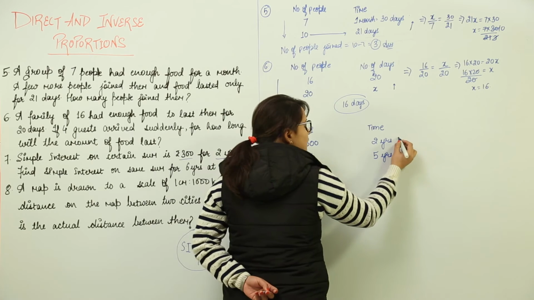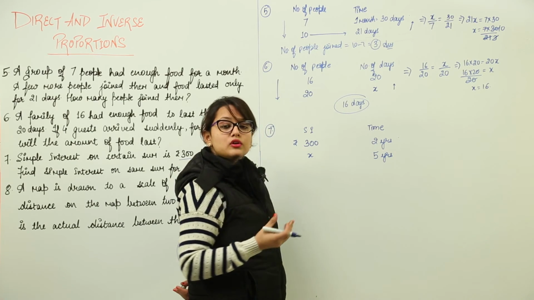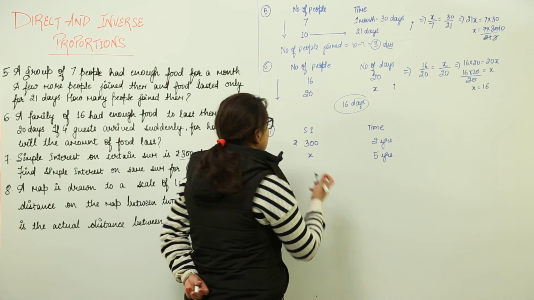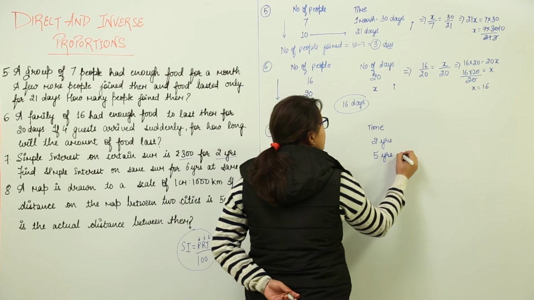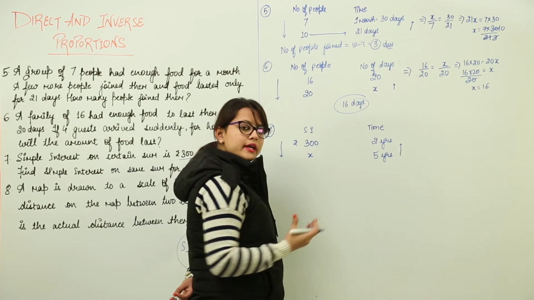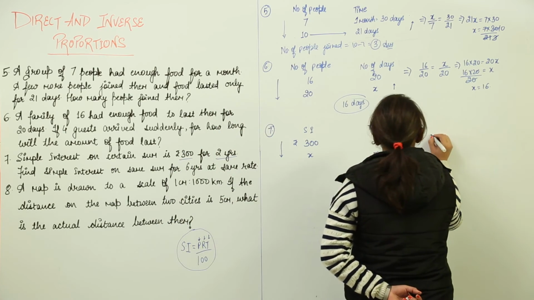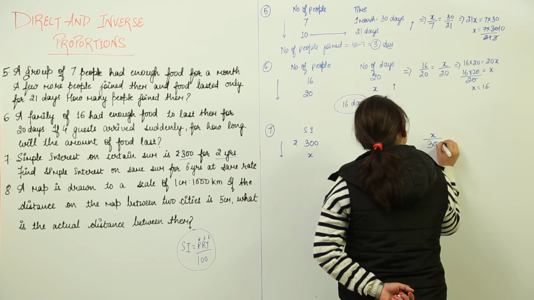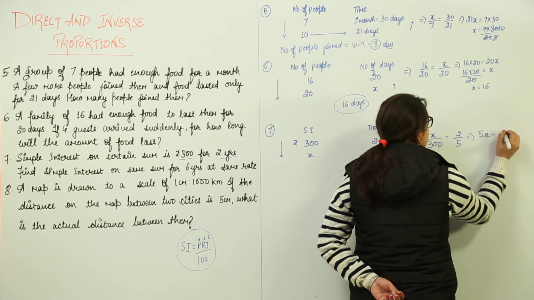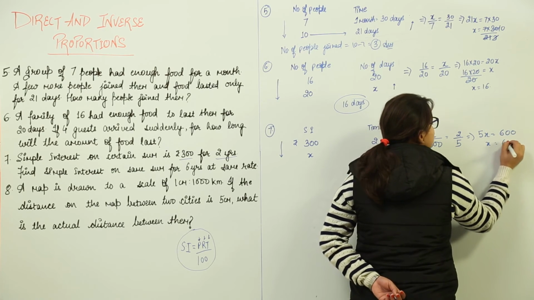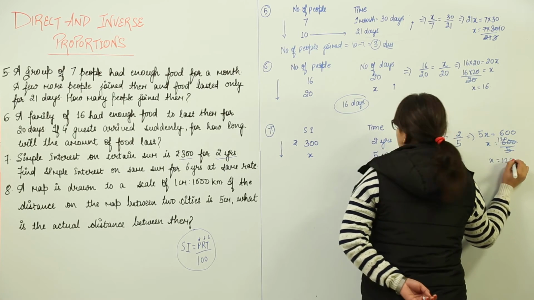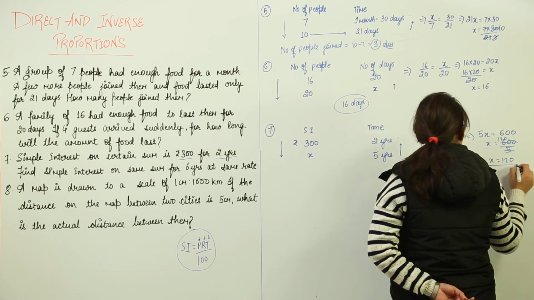Automatically you can see, if the principal is remaining the same and the rate of interest is the same, if you increase the time, the interest would automatically get reduced. Now the interest is getting reduced but the time is getting increased from 2 to 5. That means this becomes again the question of indirect variation. What do we do in indirect variation? We write x over 300 equal to 2 over 5. Now to solve this, we get 5x equal to 600, x equal to 600 over 5. That comes out to be 120. That means x, which was the simple interest, is 120.